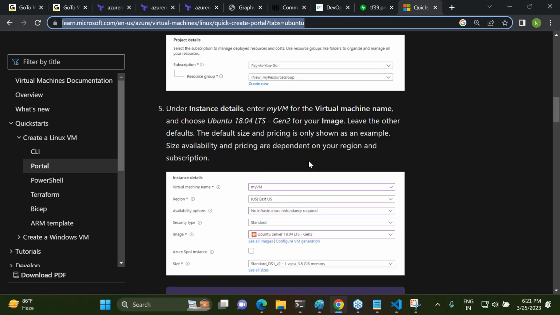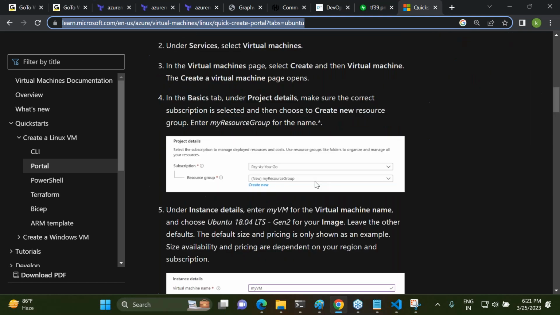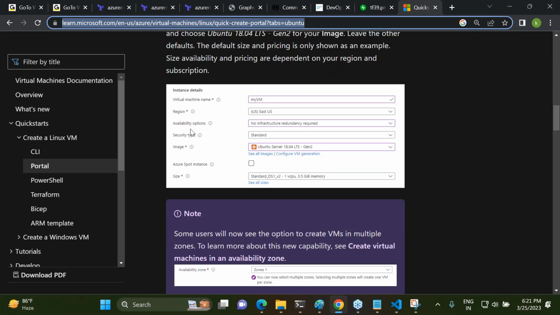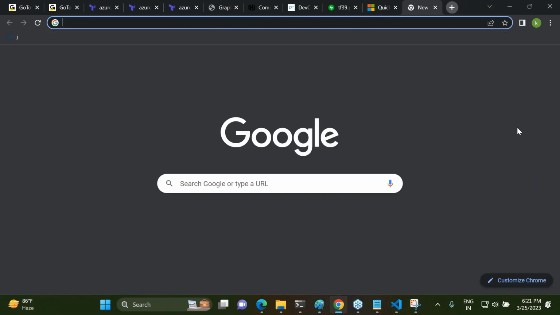Okay, so to create a virtual machine, what I need is a virtual network, right? Which I already have. Resource group, which I already have. And then I need to figure out certain information. The first information which I need is I need to give this VM image. So first thing what I'll try to do is Terraform